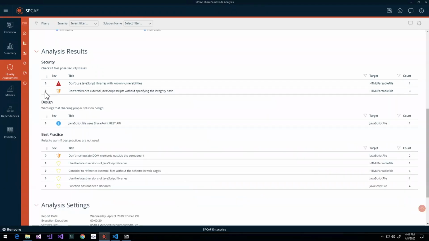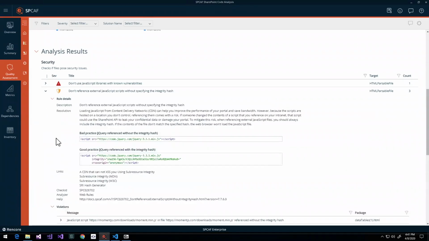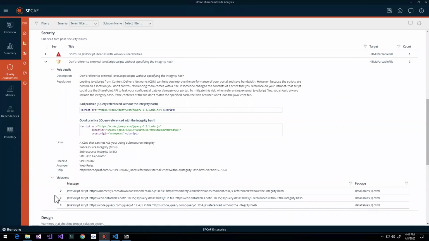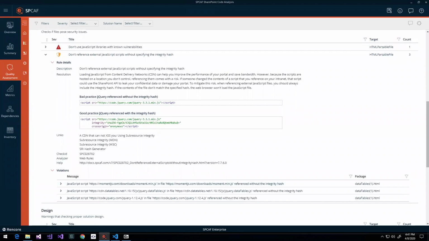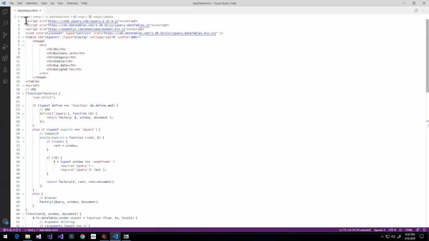So another thing is, for example, here, that we load a script without an integrity hash. What it means is that in here you see 3 references to scripts, and we pull the script from an external link. Sure, there is a version, but our company does not own codejquery.com or cdndatatables.net or momentjs.com. So who's to say that the script that is there matches its integrity, that it hasn't been altered in any way? Like there was a case, I think it was 2 years back, where there was a known service that would allow you to embed a piece of script on a page,